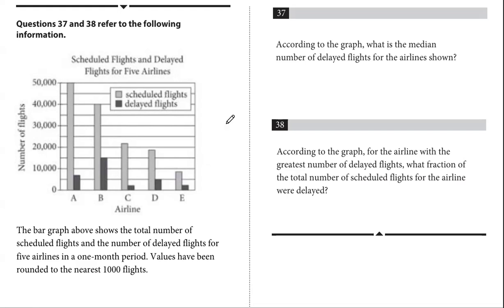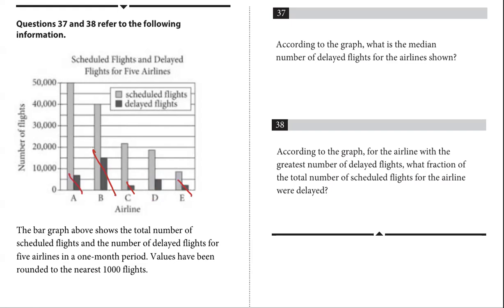Okay, so for question 37, according to our graph, what is the median number of delayed flights for the airline shown? In this case, we're looking at delayed flights, which is the one in the darker color. For the median, we just take the highest value and lowest value and cross them out. This is the lowest, and this is the highest. Then the second lowest would be this, and the second highest would be this. So this would leave us with a median value of this,